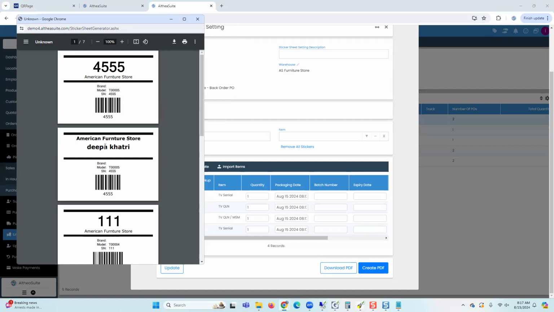Since it was a backorder PO, it also printed by name, so you could stick it on that product. This is the barcode, and it's a product for Deepa, so you can stick 2 stickers on that. If this is a custom format and you did not want to use it this way, you could use it whatever way. The reason brand is coming blank here is